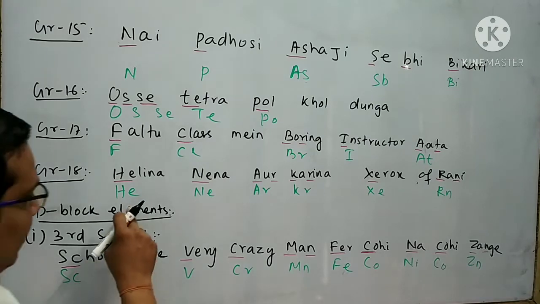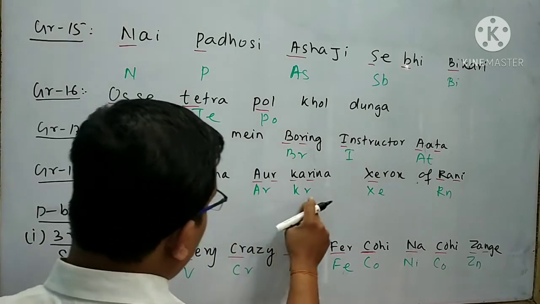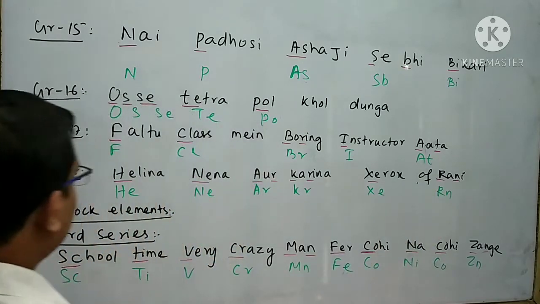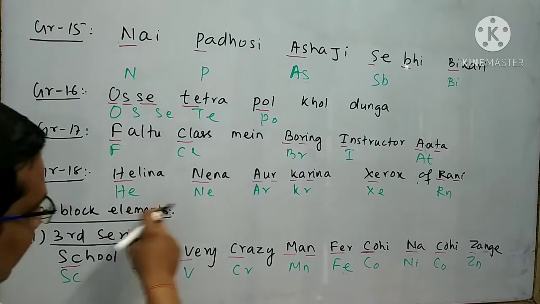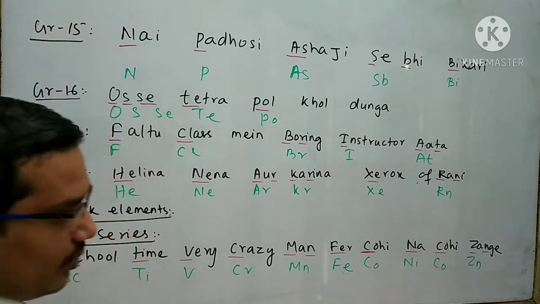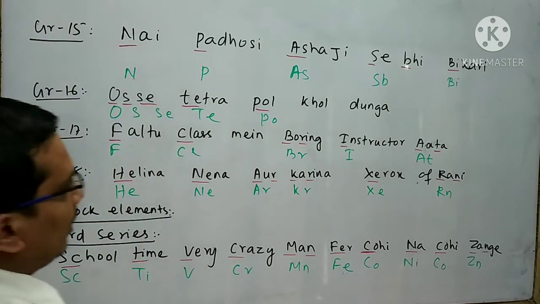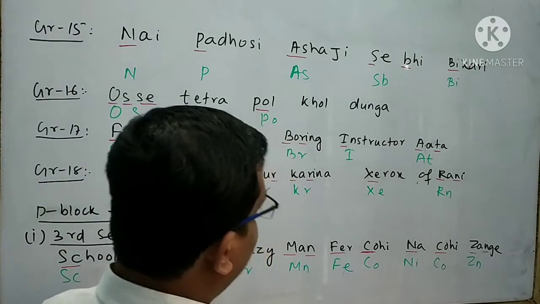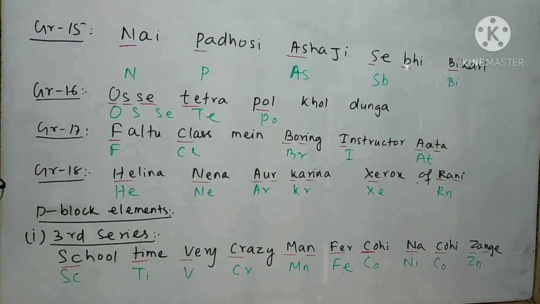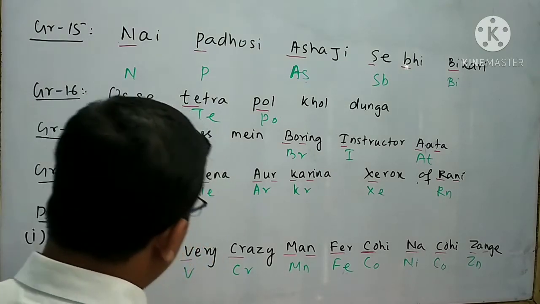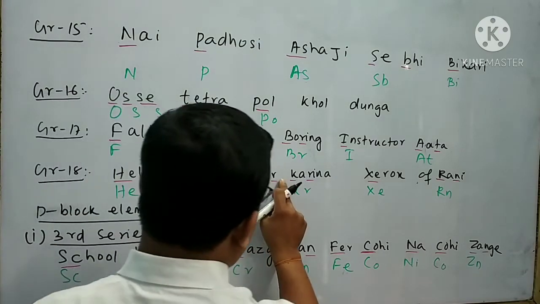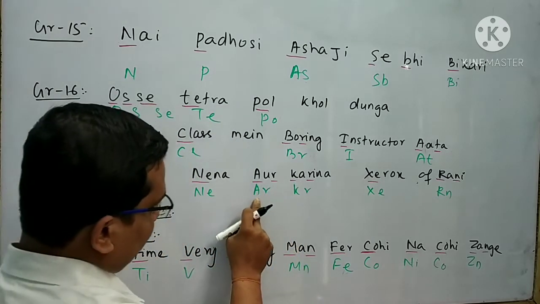The group 18 elements are helium, neon, argon, krypton, xenon, radon. For remembering such elements, we generally use a short trick, that is your Helena, Nena or Karina Xerox copy of Rani. Here He represents helium, Ne represents neon, A and the letter R represent argon,